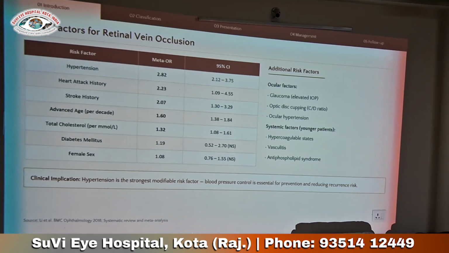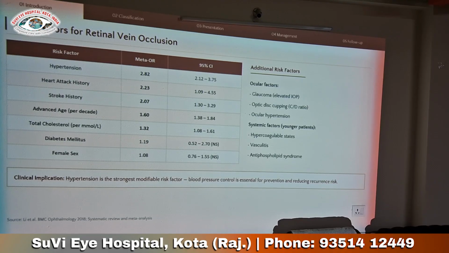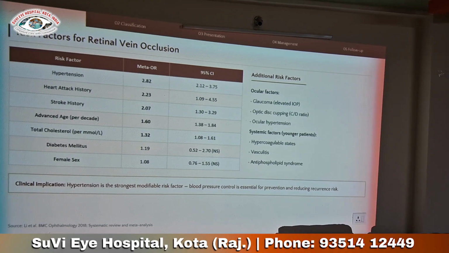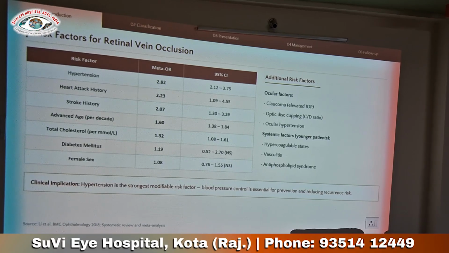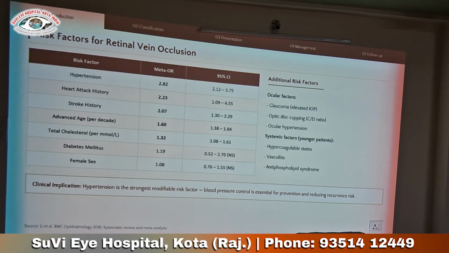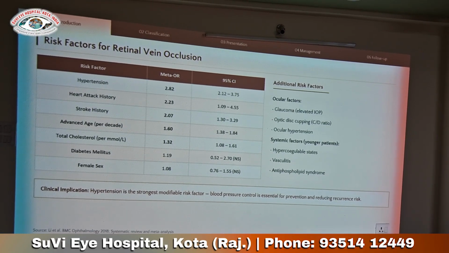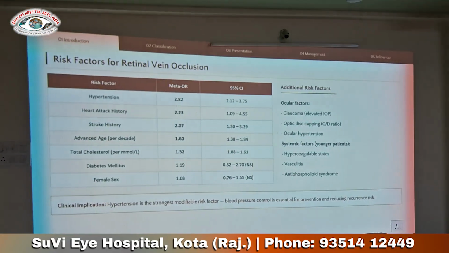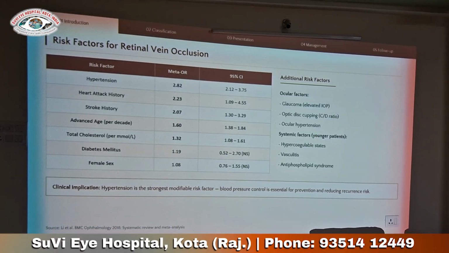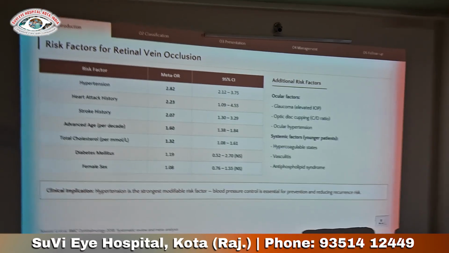Other risk factors are ocular hypertension and optic disc drusen. How does optic disc drusen affect? It causes mechanical compression. And other systemic factors such as hypercoagulable state, vasculitis,